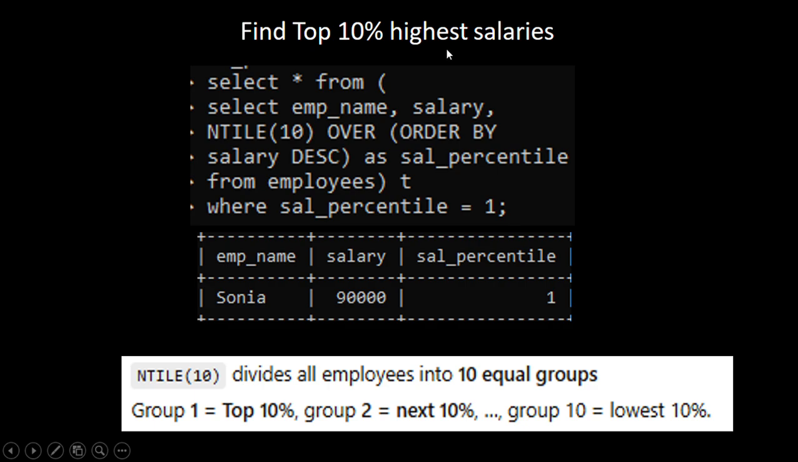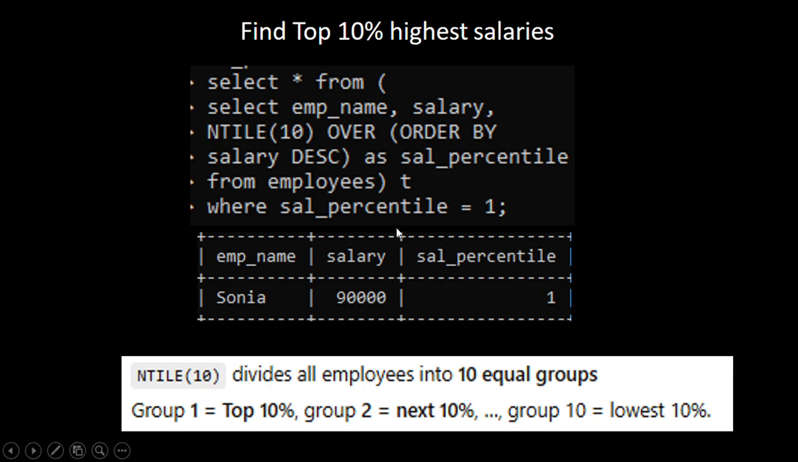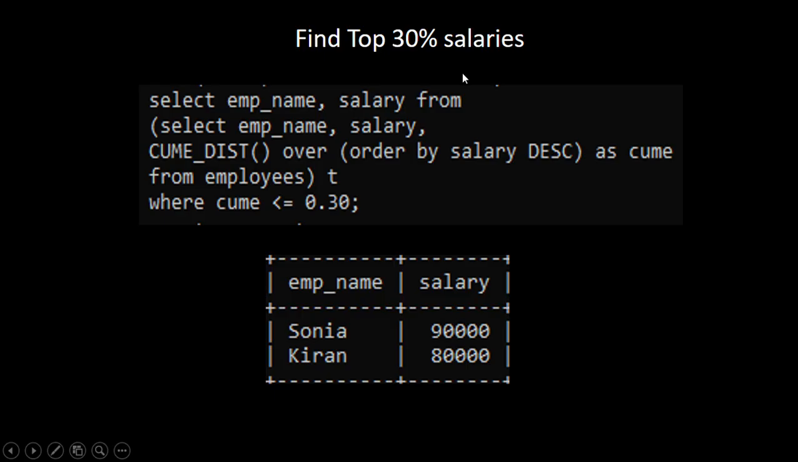To get the top 10% highest salaries, we'll be using the NTILE function, and here we have given 10. NTILE 10 divides all employees into equal groups, where group 1 is the top 10%, group 2 is the next 10%, and so on. So when we give the salary percentile as 1, it is the top 10% of highest salary, and in our employee table this is the top 10% highest salary. Similarly, when we want to find the top 30% of salary, in NTILE the records are divided into groups. Here we want to find the top 30% salary. We are using this function